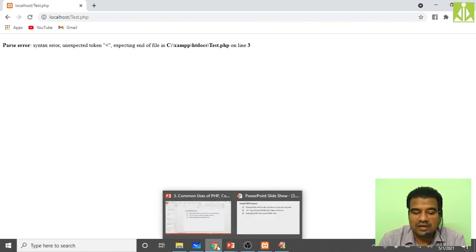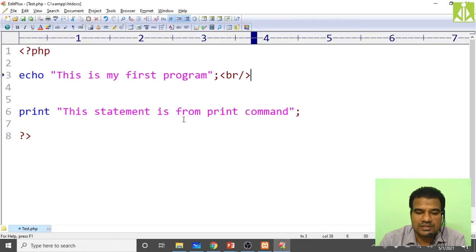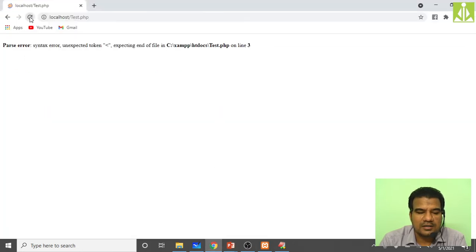Generally we should not put that br command outside, rather we have to include it inside the string. You remove this from here and include it inside the string. So here we have added the br tag. Using the br tag, you will get a new line now. Again go to your browser and refresh.